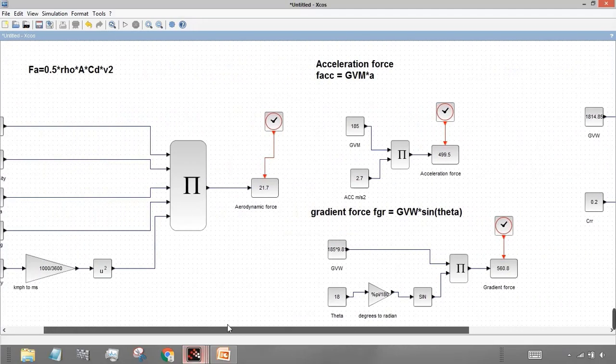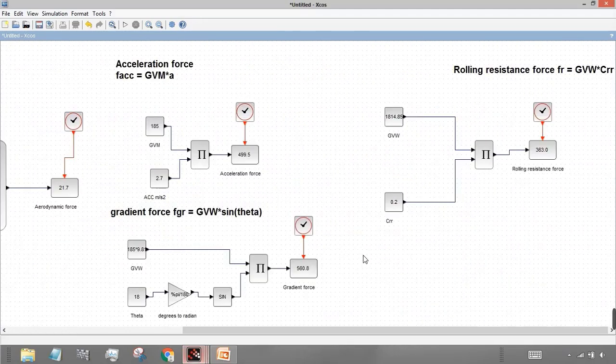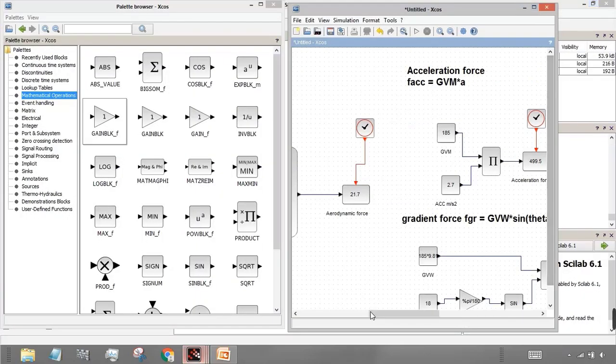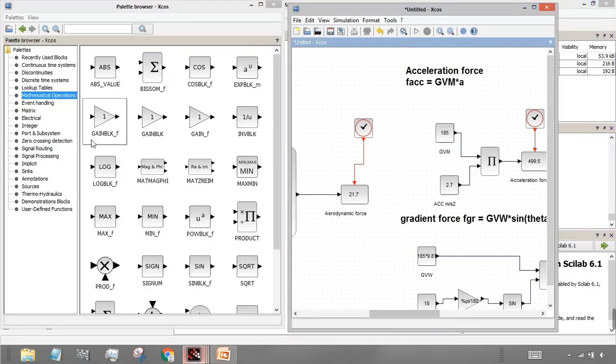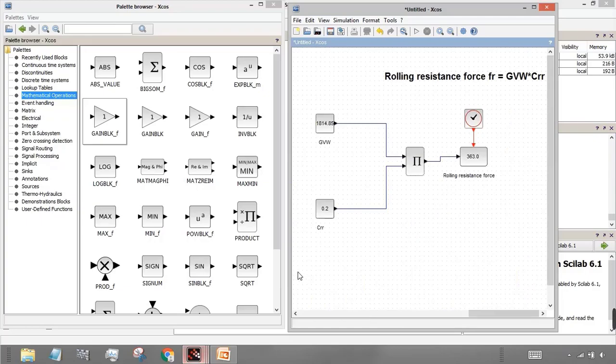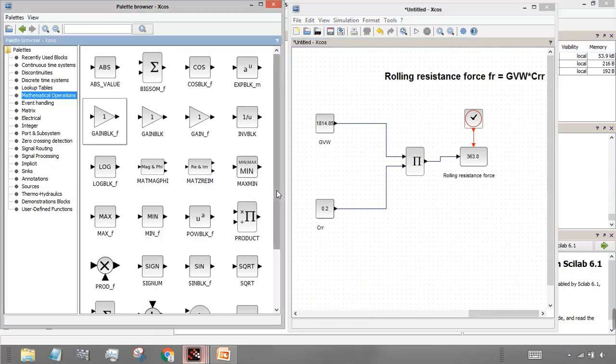So now we will calculate the total force that is required to move the vehicle. I'll just reorient everything. The total force required will be, so I'll select the summation block. I'll minimize it, then go to mathematical operation, then select the summation block.